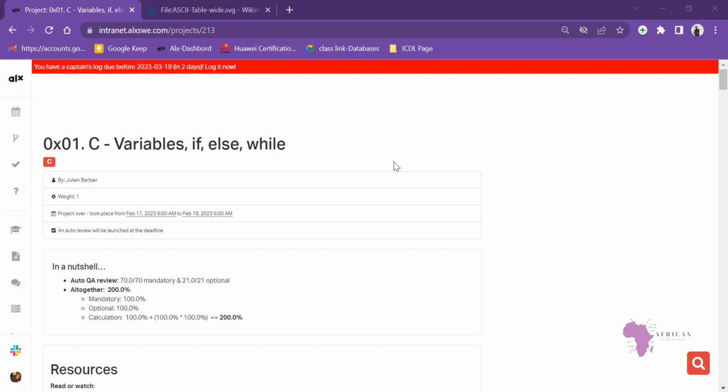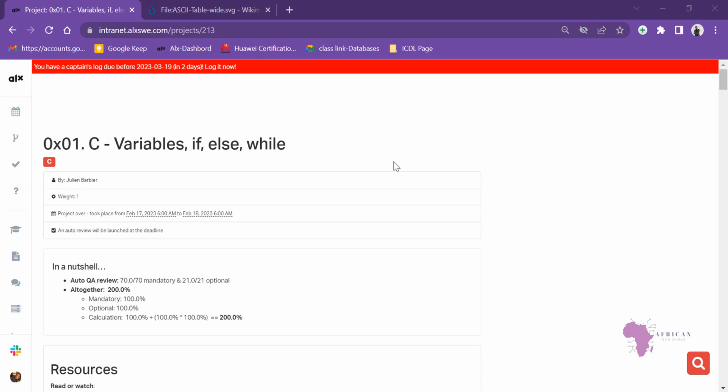And also, we are here today to bring you another new content. We are here to learn today about variables, if, else, and while loops. So in this case now, remember yesterday we did the hello world when we tried to explain to you how your C program, which stages it has to undergo. That is from the pre-processing stage, compilation stage, assembling stage, up to the linking stage, whereby you will now have the